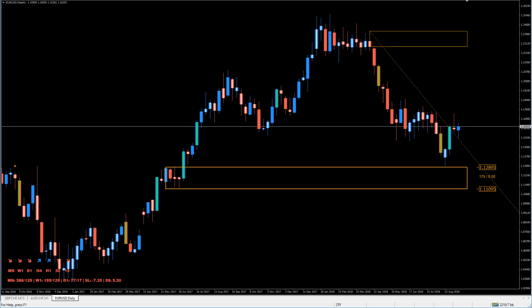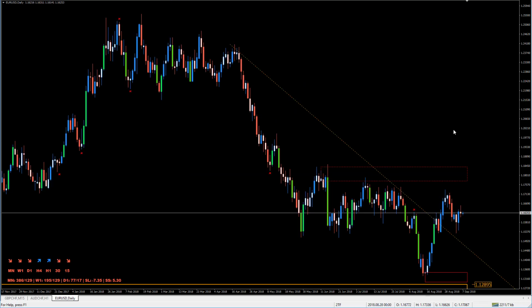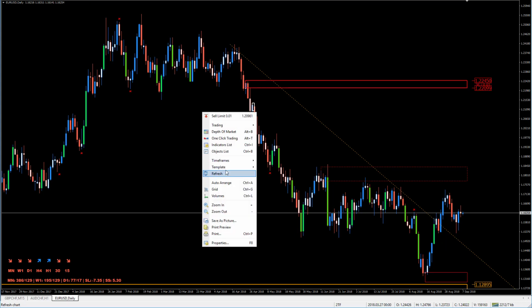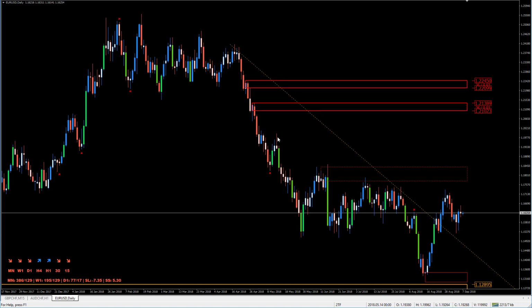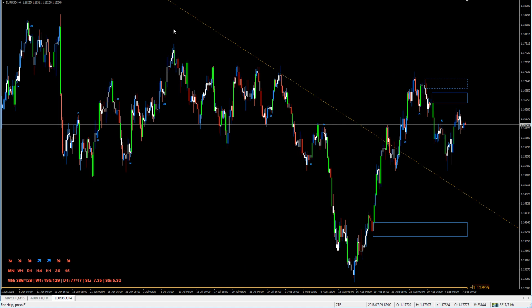Let's go to the smaller time frames, have a look. You can see that, and we don't really have any super clear supply. We've got some here. We got some here. That's it. We got this here, which is okay, but price has already been trading around that area. We'll probably get maybe some kind of reaction there. Probably have to go to the small time frames to find those. And here,